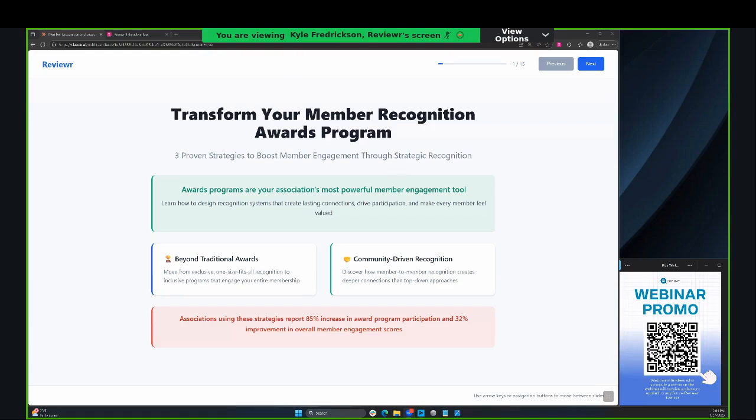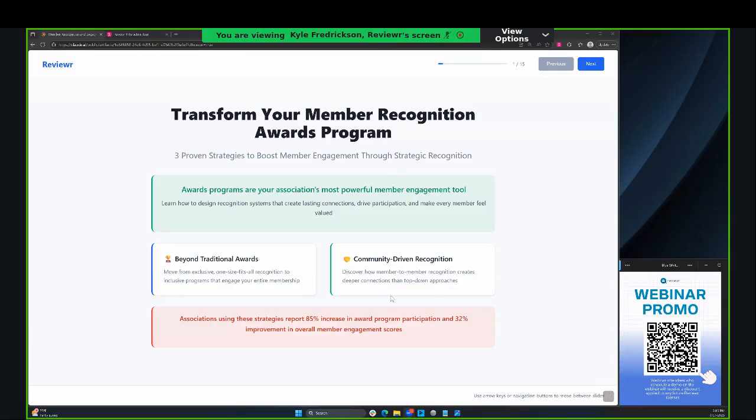And what's really exciting about that is it's not just those who are selected for an award or a recipient. It's those that just participate in general. They're more likely to attend conferences. Their annual non-member dues typically will go up by participating in other types of campaigns and things that you're doing. So while there are 3 relatively simple things to implement, the impact that they have is pretty dynamic on your